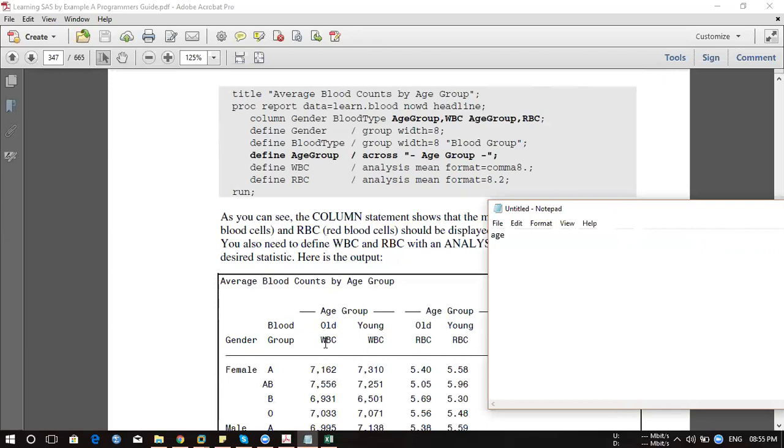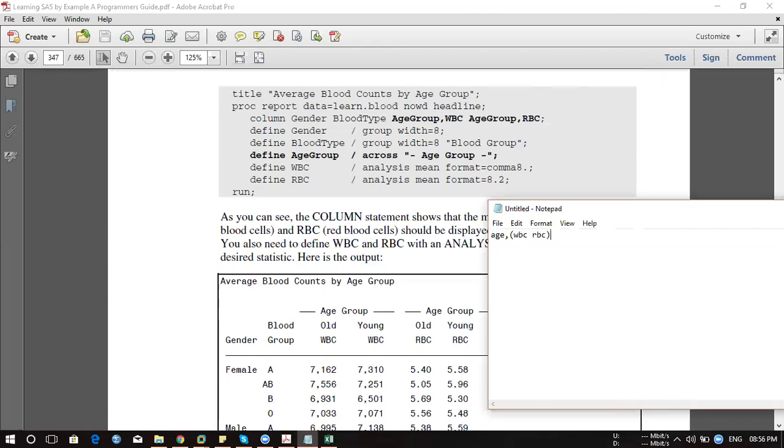Okay. Both are WBC. See, and if you want output like this, WBC or RBC, like this, I'm not getting this output. If you wanted to get this output, what you can do? You can write age group brackets, then you can put this bracket WBC and RBC.